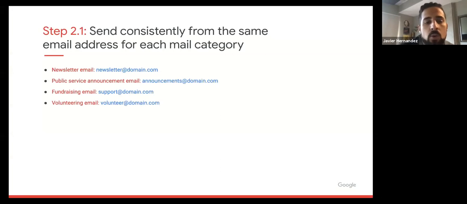So one of the first things that you can do is send consistently from the same email address. If you are sending out various different types of email, so if on some days you're sending out fundraising emails, on other days volunteering emails or newsletter updates, each of those may have different open rates and click-through rates. Making sure that you're sending them from individual addresses that you can set up through your website or through G Suite is going to help the overall delivery of those